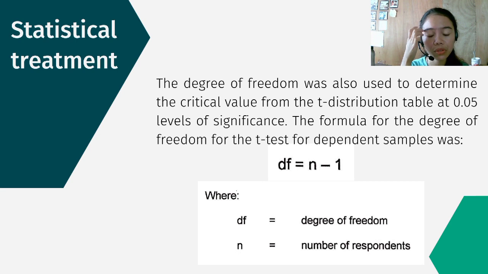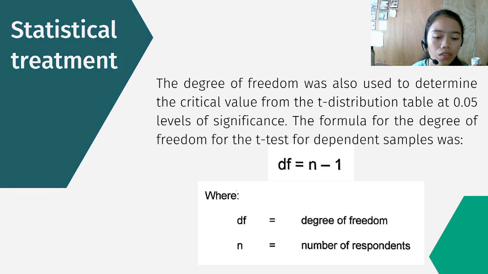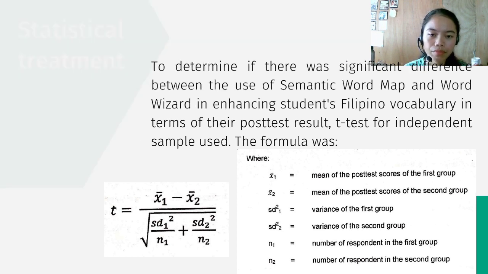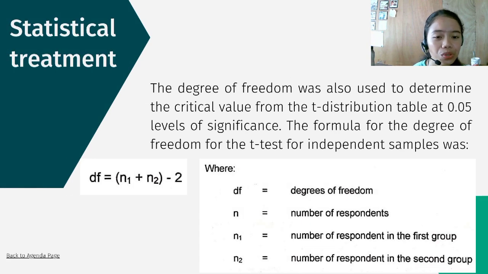And the degree of freedom was also used to determine the critical value from the t-distribution table at 0.05 level of significance. The formula for the degree of freedom for the t-test for dependent samples was this one. And to determine if there was a significant difference between the use of semantic word map and word wizard in enhancing the students' Filipino vocabulary in terms of their post-test result, t-test for independent samples was used. The degree of freedom was also used to determine the critical value from the t-distribution table at 0.05